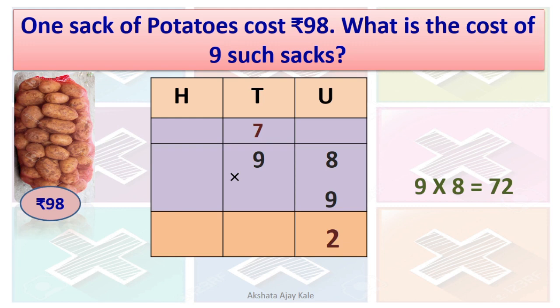Right? Now the second step is 9 multiplied by 9. Correct? This 9 multiplied by this 9. So 9 9s are 81, isn't it? And this 7 is there, not to forget this 7. We have to add 81 plus 7, that is 88. So we will write 8 here, and 8 is carried over to the hundreds place, and that will come down.